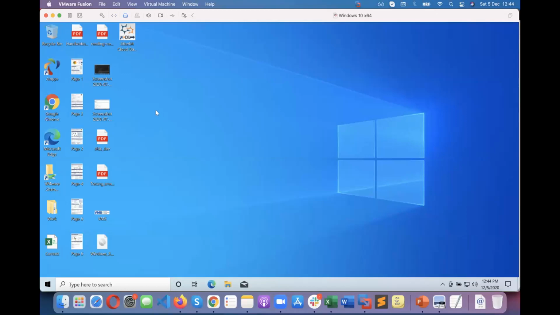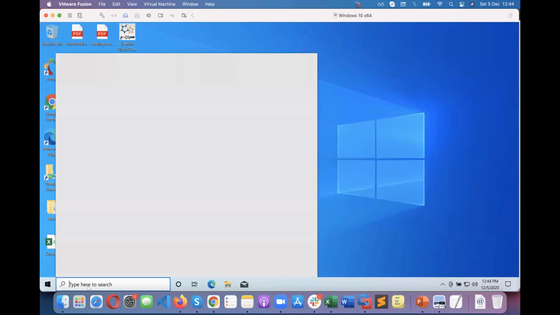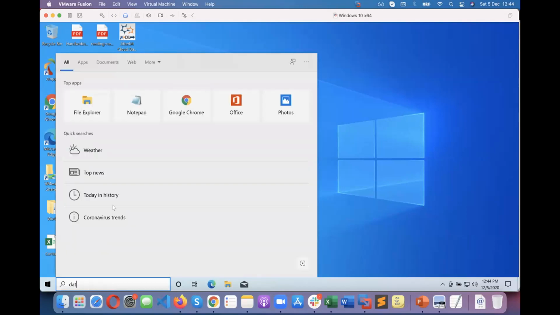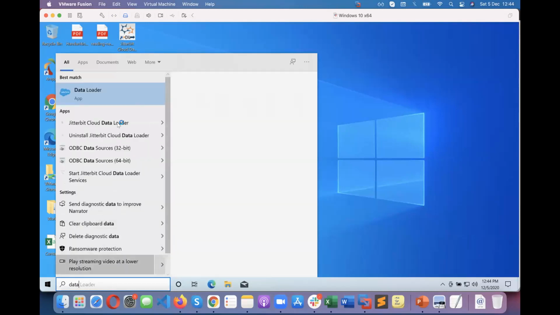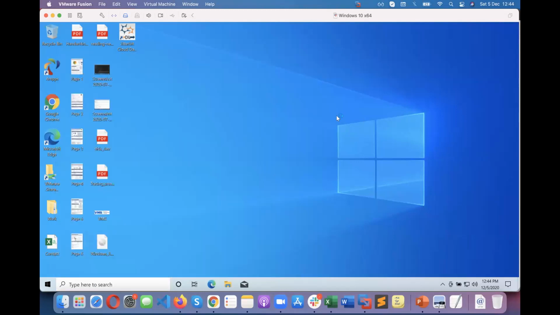Okay, so here I have installed the data loader. Once you install it, you will see this app.